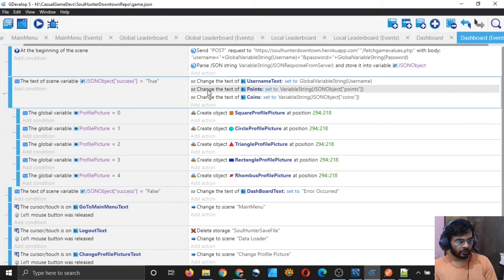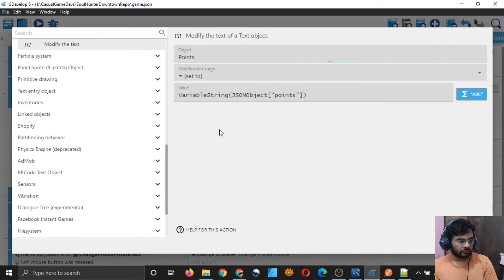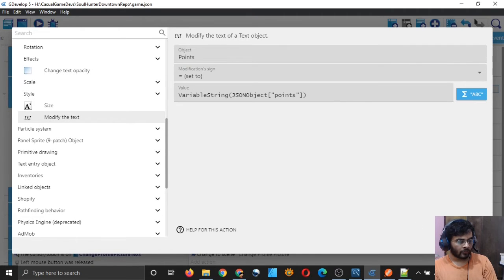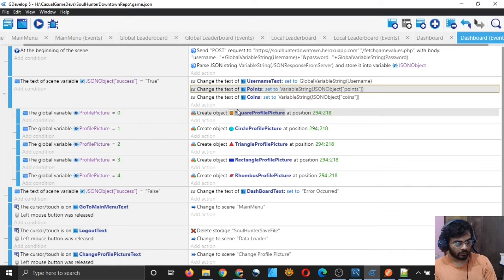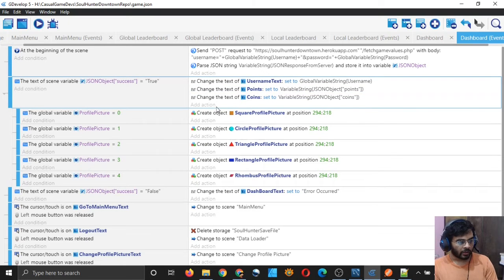First thing, points and coins are not text, they are integers. Oh, it is a text object. Yeah, that's okay. Now I have to change my global variables also according to the data which we have received.